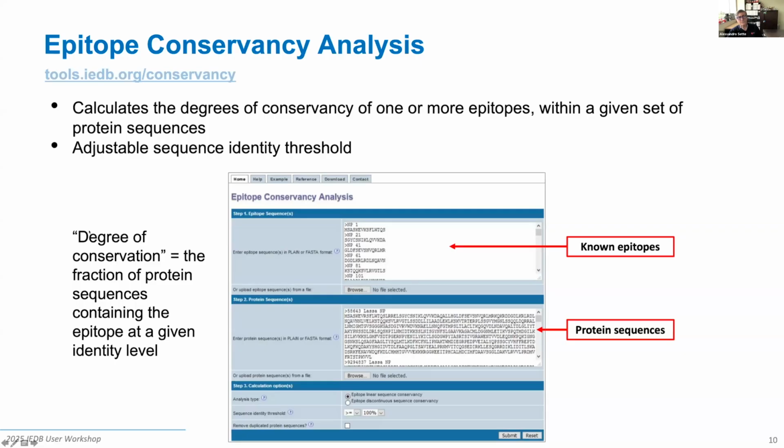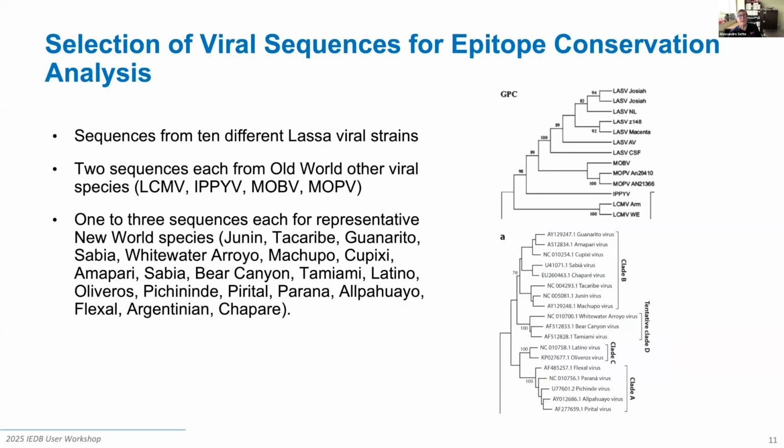And this can be done when also you need, of course, to enter the set of protein sequences in which you want to calculate the conservation. And so here in this particular case, we're looking at Lassa epitopes, and you have a number of different nucleoprotein epitopes, and then enter a number of different Lassa protein sequences. And in this particular case, we're also looking at the conservation of Lassa epitopes in